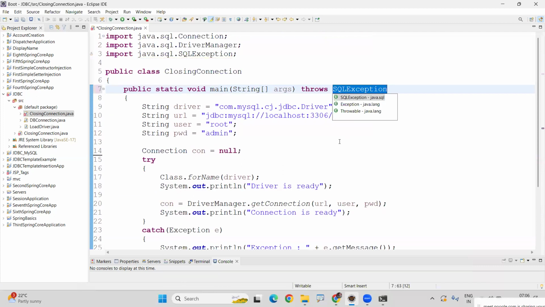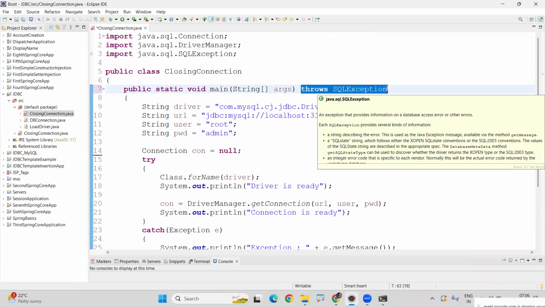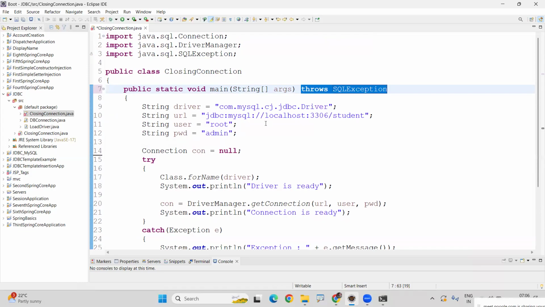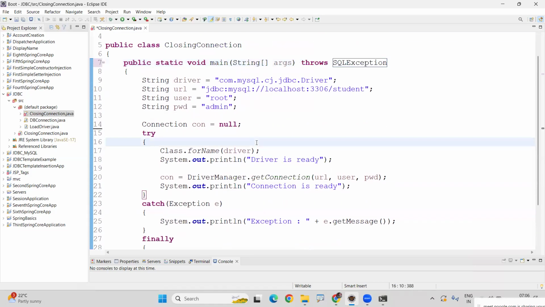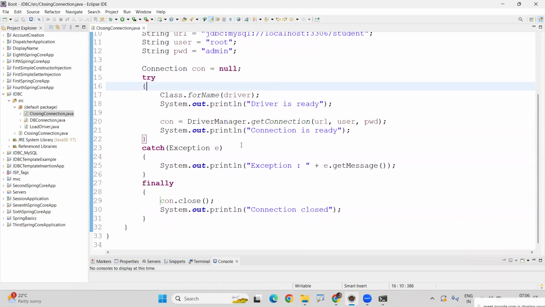Whenever you click on this, see here, it will add the throws declaration. Nothing but I am not handling the exception here, so I'm just throwing that exception. And here one more thing we need to add. What is that? Whenever you are writing Connection con equals null,